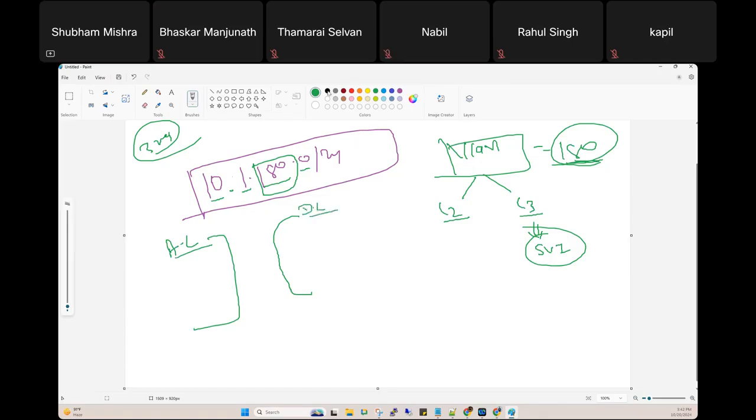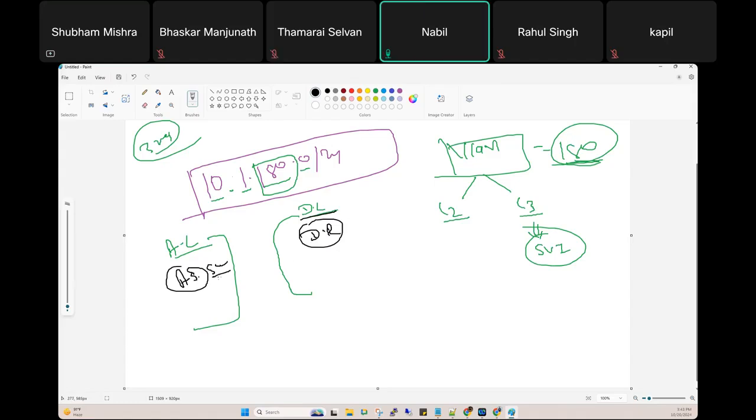On the access layer, which device are you going to use? The access switch. And on the distribution layer, generally we use the DR, a distribution router. These things are clear, everyone?